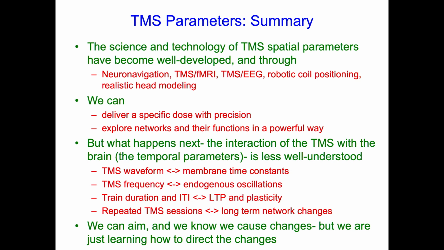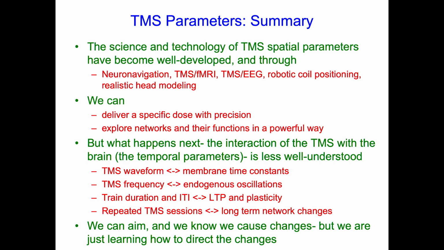And that allows us to affect very specific networks in the brain, very specific sites and networks, that lets us learn, for instance, their functions, gives us the ability to diagnose, you know, when you have diseased populations, for instance, and gives us a really great handle over spatial parameters, although again, we have a tremendous control over the first millisecond, and then after that, it's how the brain responds to things, and that matters quite a bit